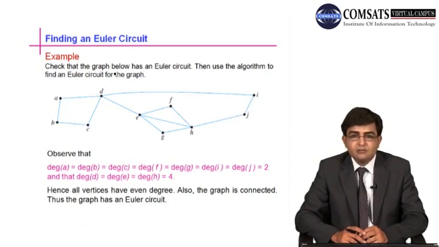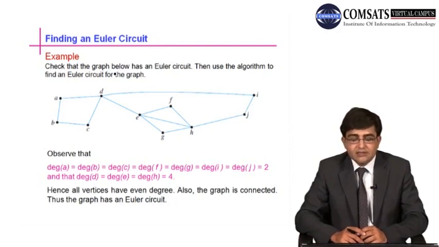The degree of A is 2, degree of B is 2, degree of C is 2, degree of D is 4, degree of I and J is 2, degree of F and G is 2, degree of E and H is 4. So therefore every vertex of this graph has an even positive degree. So this graph satisfies the second condition also, which is given in the previous theorem which we have discussed. Now every vertex in this graph has even degree, therefore